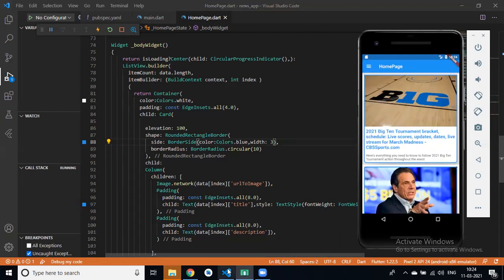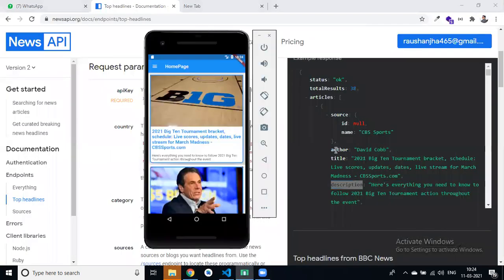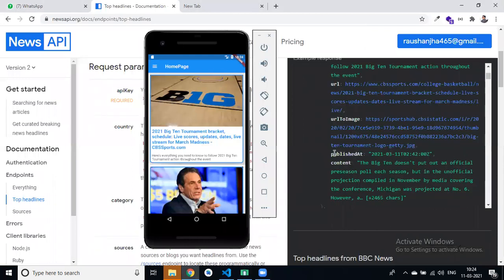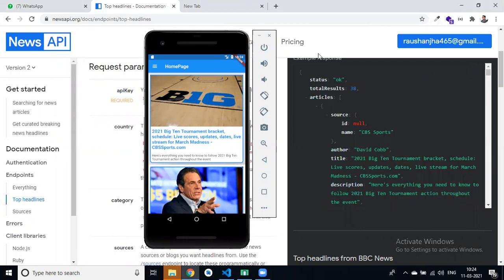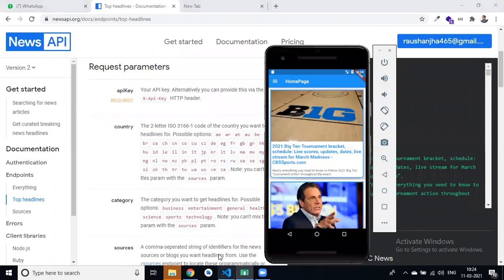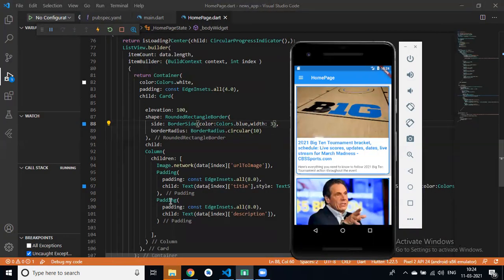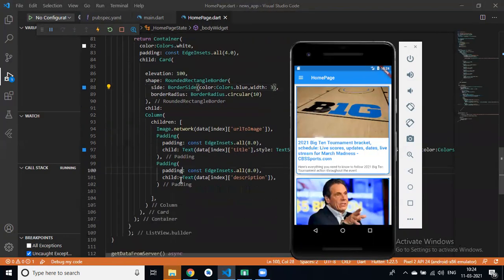Yes, Roshan. We can also display the author name, then publish date, source and all. If I do one thing, here I create a row widget.